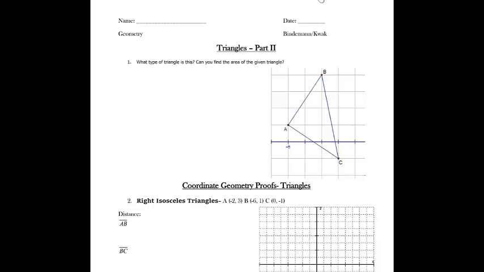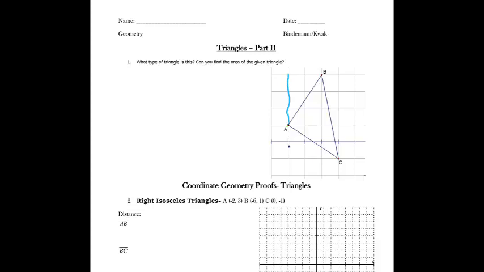So another type we're going to do is, again, another type of graph. It says, what type of triangle is this? Instead of guessing, let's do a little math. If we try to find the lengths of these sides, like the length of this side, AB,